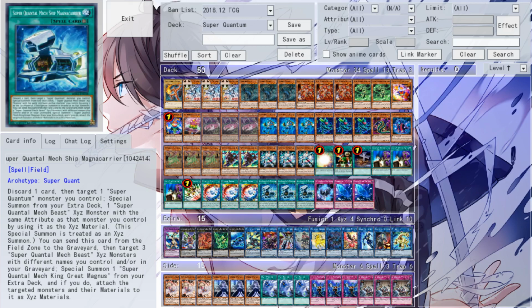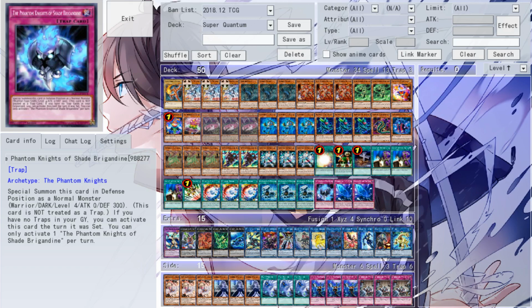1 Shade Brigandine. Obviously, you're not going to be using this. This is not like a Warrior Turbo deck where you just need the Shade Brigandine or a Warrior in your hand to summon Sork and Oswald and stuff like that. You just only need